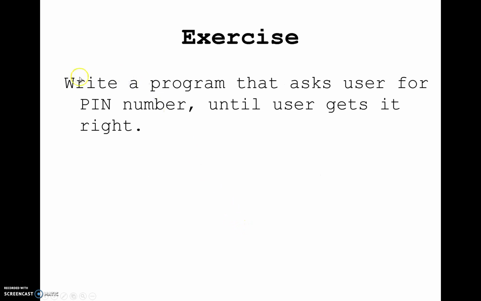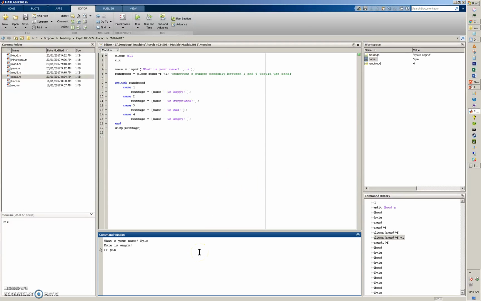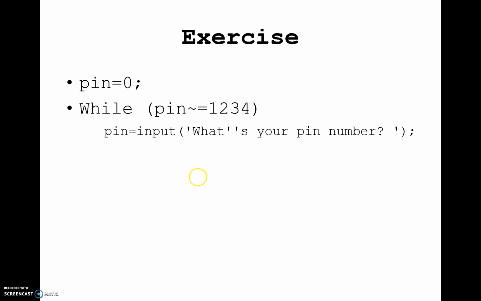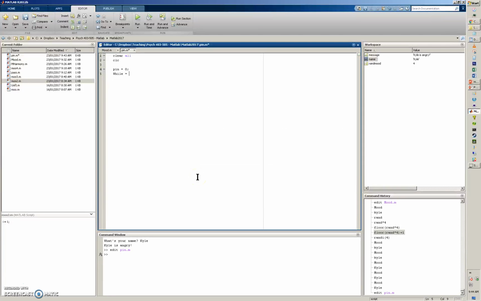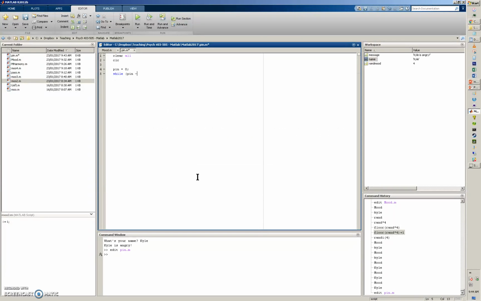Let's see an example. We could write a program that asks the user for a PIN number until the user gets it right. So let's create a new program here, and we'll call it PIN. Let's say edit pin.m. Let's do the old clear all and clc. PIN starts out at 0, and while the PIN is not equal to 1, 2, 3, 4, say that that's their PIN number,